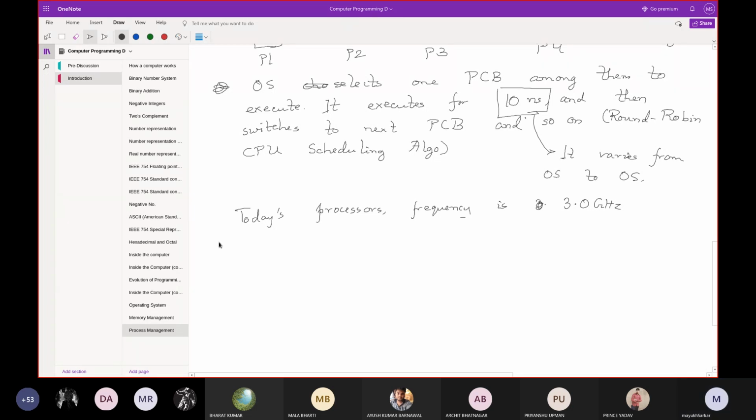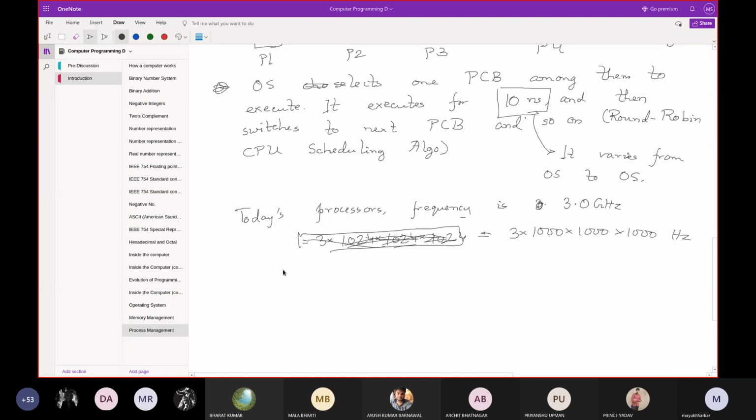Now, with 3 gigahertz frequency, that means there is 3 into 1024, this gives you megahertz, into 1024 into 1024. Sir, it's not byte, it's hertz. Yes, thank you. In fact, always working with bytes. 1000 into 1000 into 1000. This many hertz is the frequency.